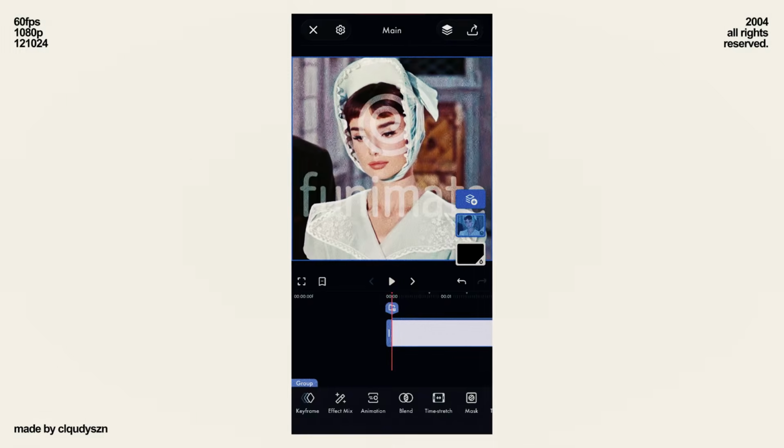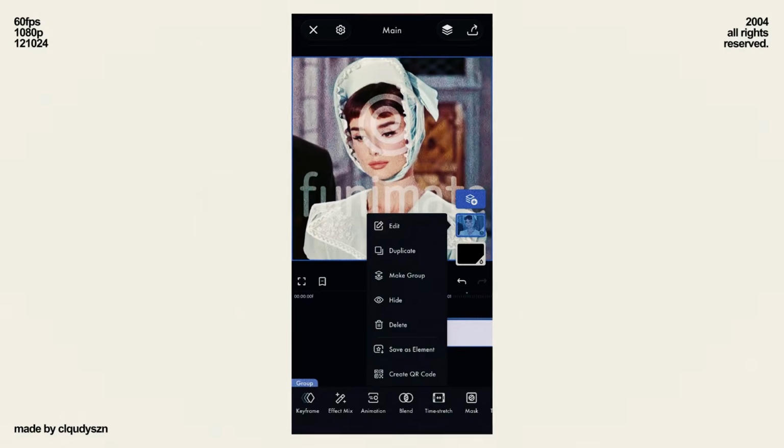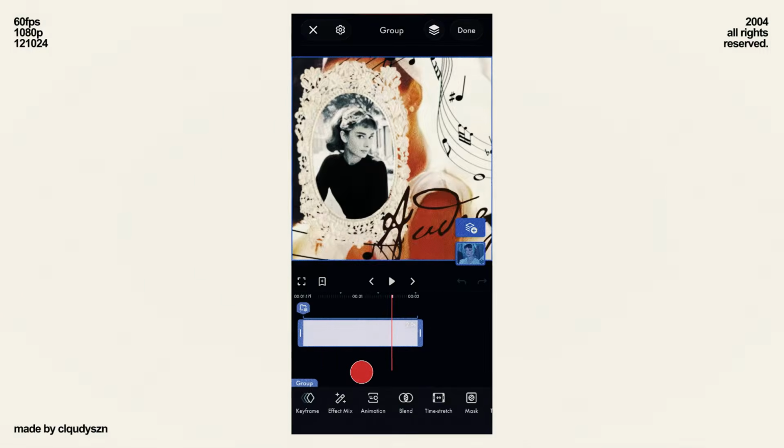When you're done, click on your group one more time and click Make Group. So now when you edit it, you can add your effects,